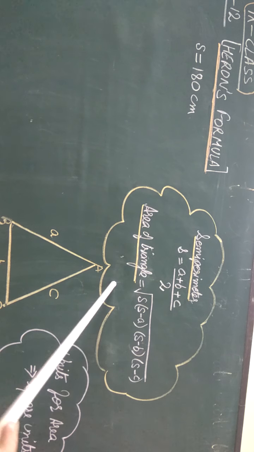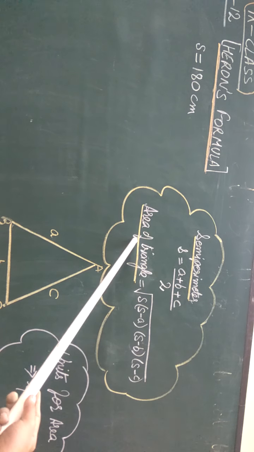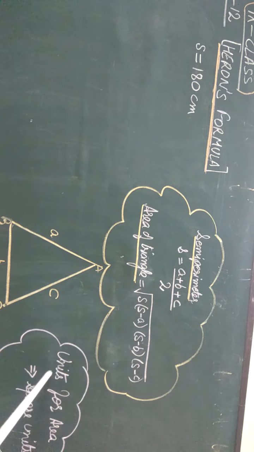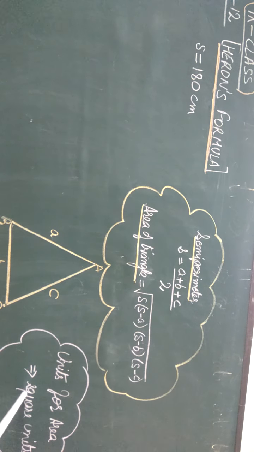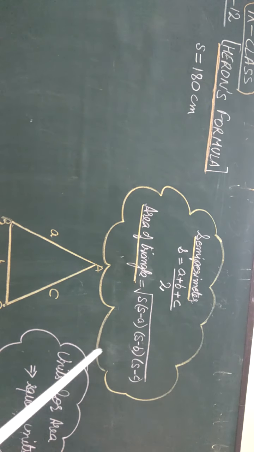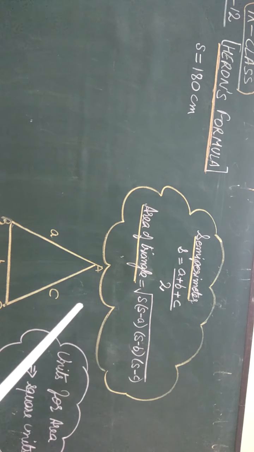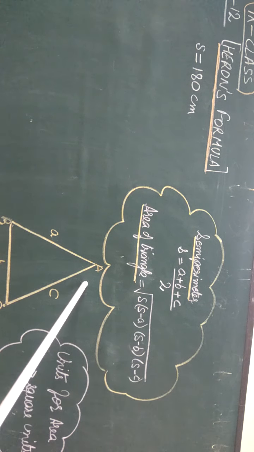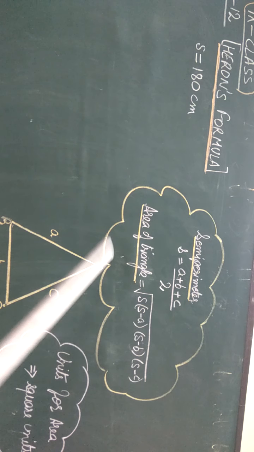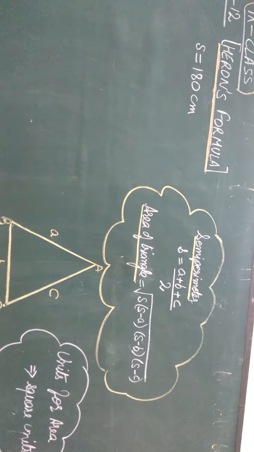Now the second thing: we are going to find the area of a triangle. So for area, which unit should be used? The unit for area is square units, like centimeter square, meter square. That means we will always use square centimeter, meter square, and so on. Right? Now let us start with question number 1.